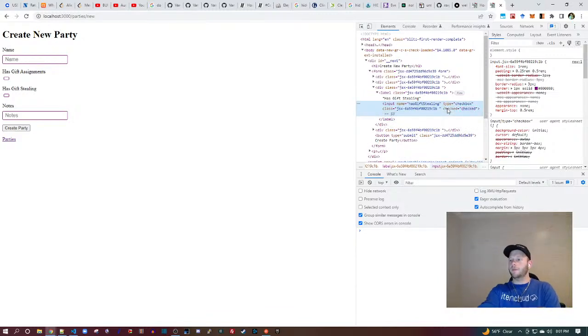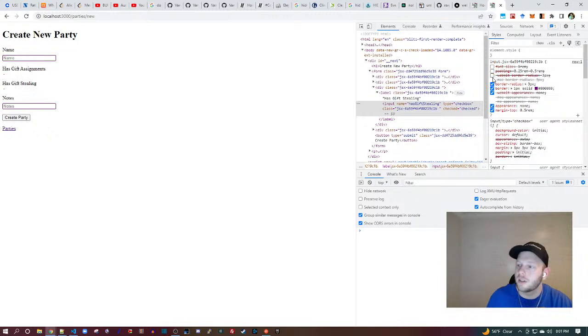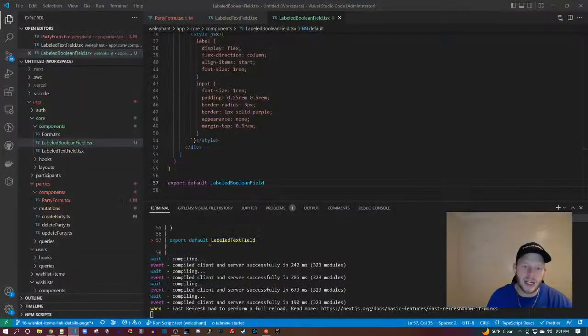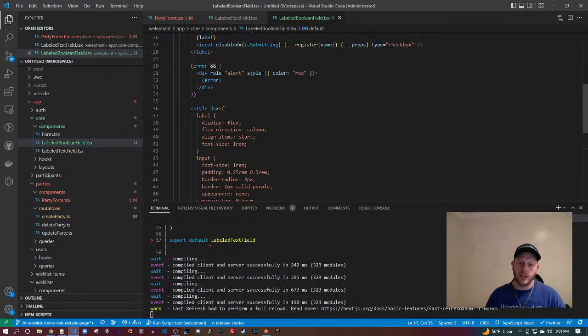Yeah, it's totally not working, huh? Input type checkbox. I think it's due to all this. Yep, there. Okay. So input JSX, that's the reason. This input JSX was applied to the text field that we sort of just imported. So it's this JSX stuff.